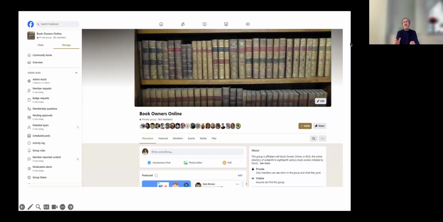The database was first launched in 2020, at which point it focused only on 17th century English owners, and we have expanded it since to get to the just under 3,000 that we've now got, but we've got a long way to go to get it to where ideally we would like it to be in terms of content.